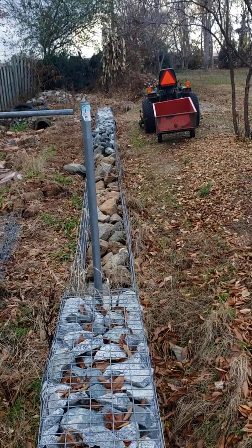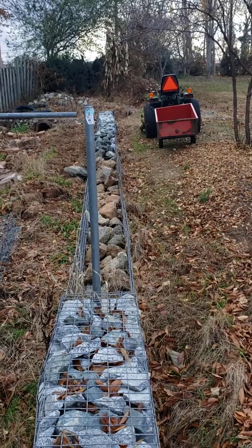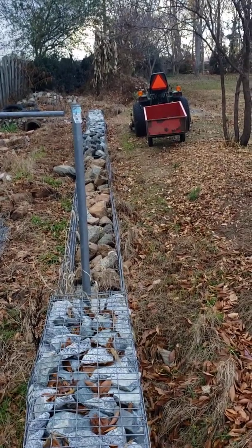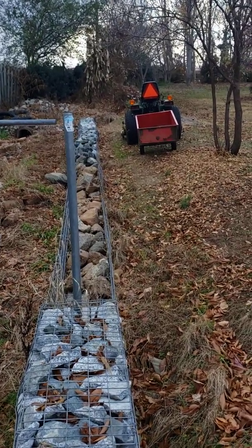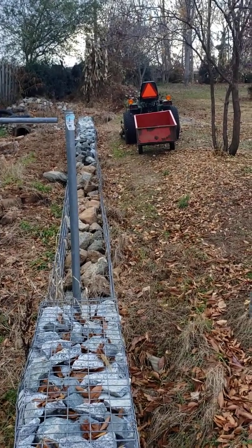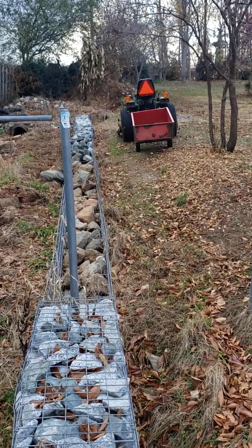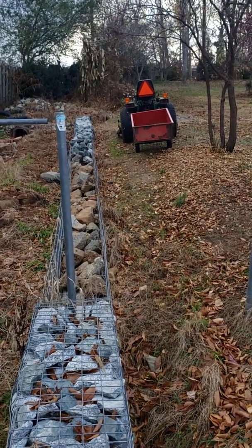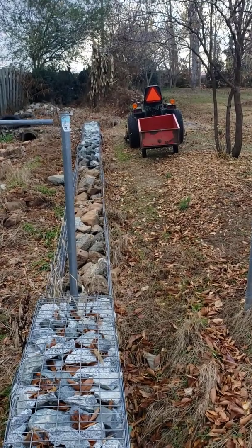So overall cost is less than a retaining wall, block wall, and that's material alone. Just the material alone is lower. The prep work and installation, the proper installation of a wall like that, would be more than double the cost of the materials. So the material is less than a standard retaining wall block system,